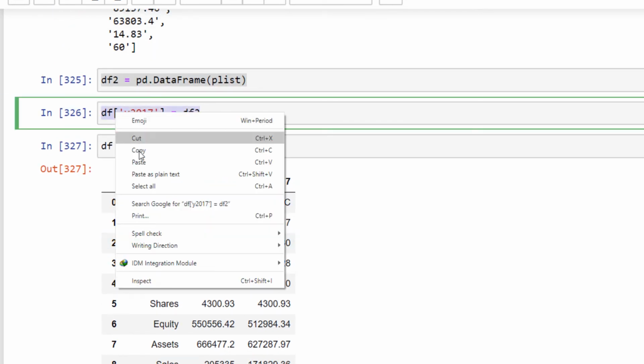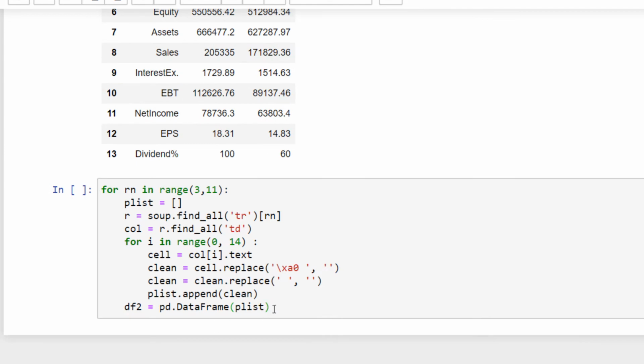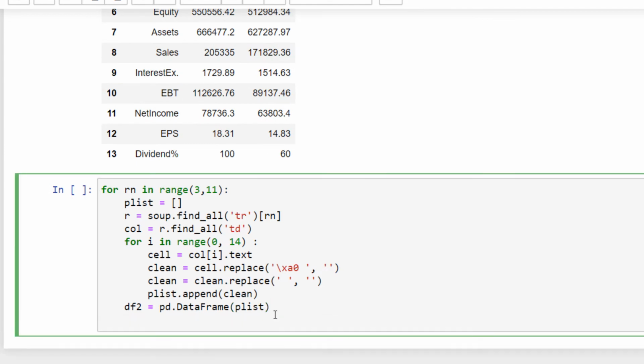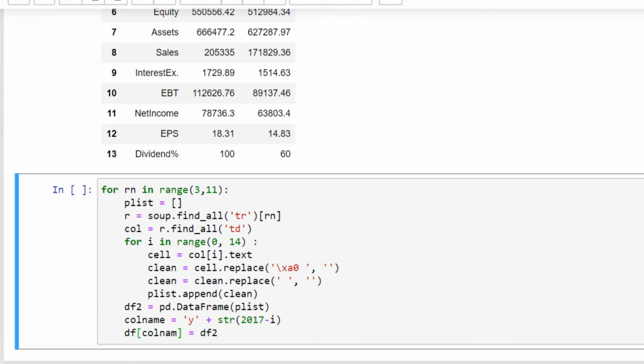Then our second line for processing the data frame. I've added this line to make the column name a variable. Whenever we run the loop for this row, the column name is automatically generated.